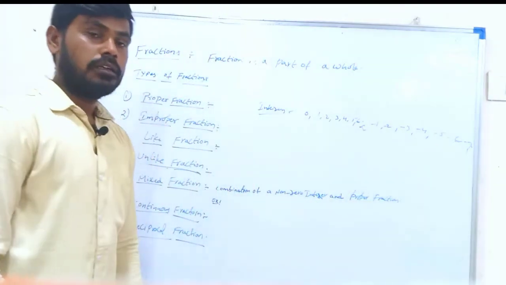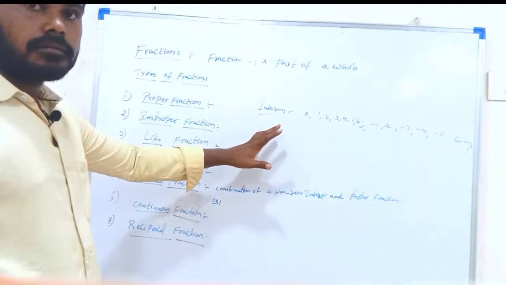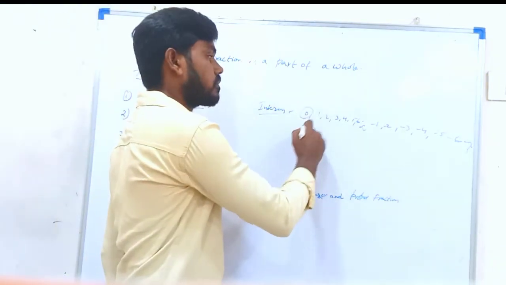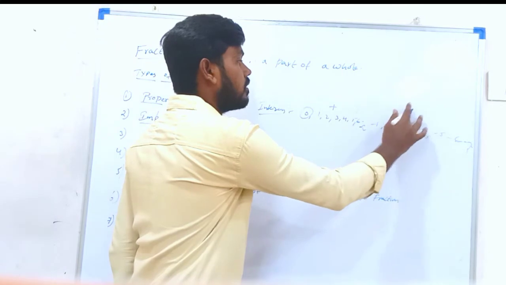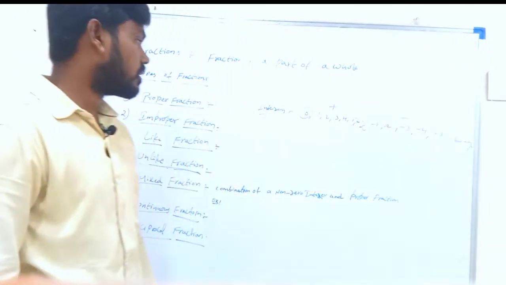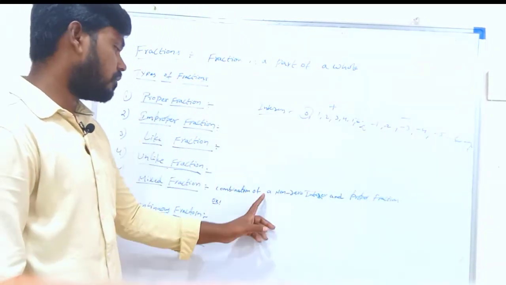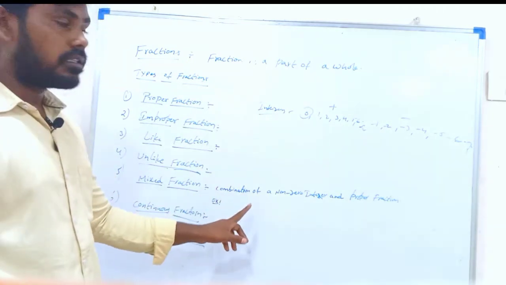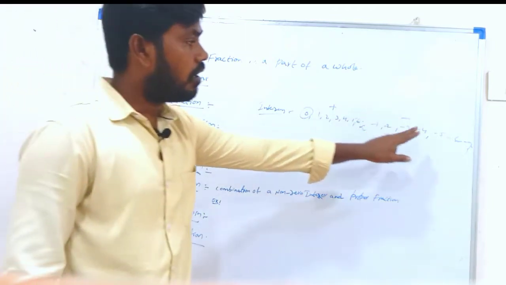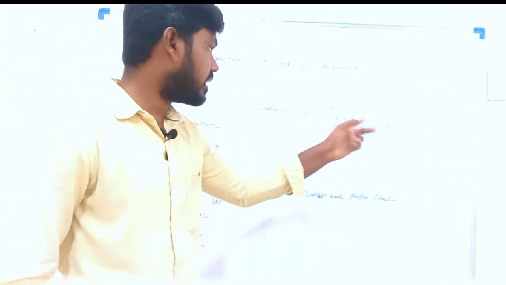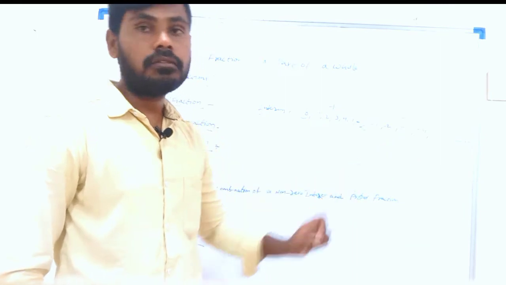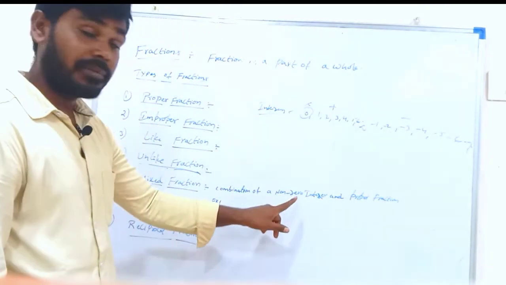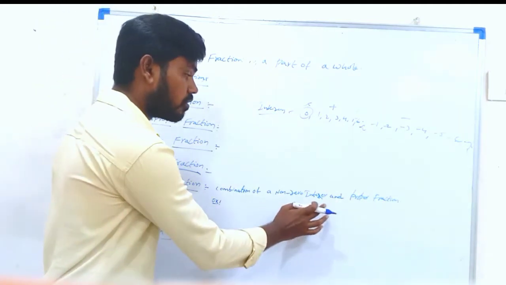So integers are 0, positive numbers and negative numbers, all together. But here we have to remember, in a mixed fraction we can take a positive integer or a negative integer, but we should not take a 0. That's why we mentioned a non-zero integer,